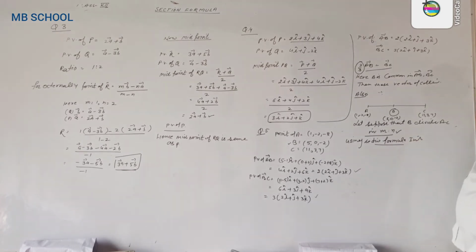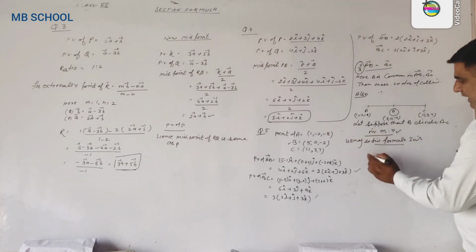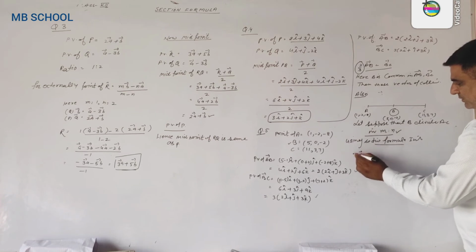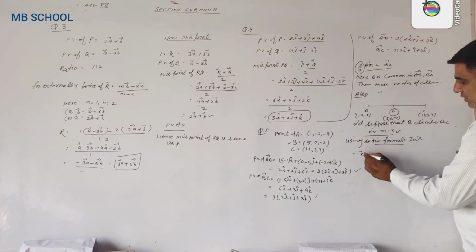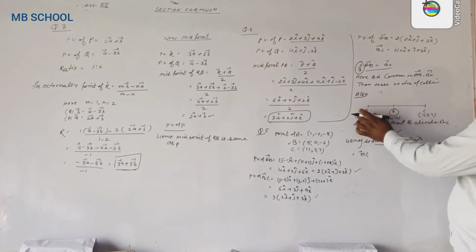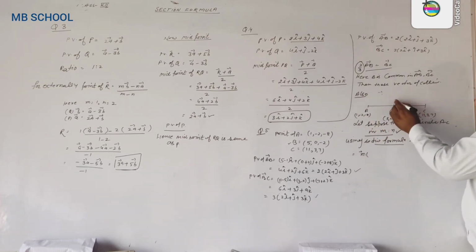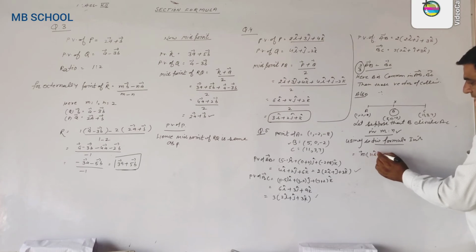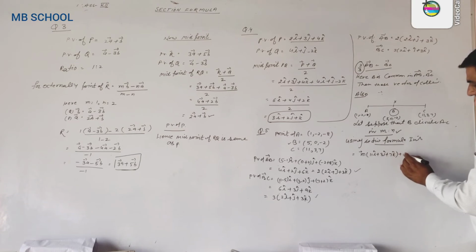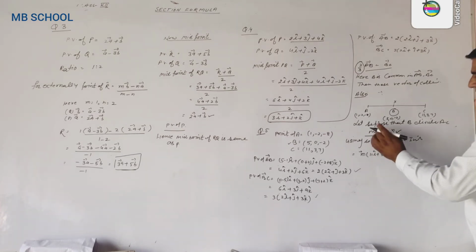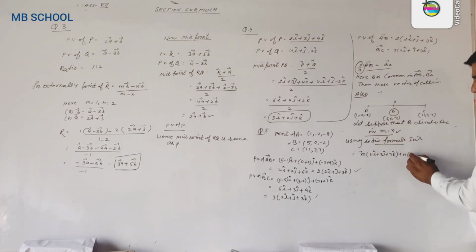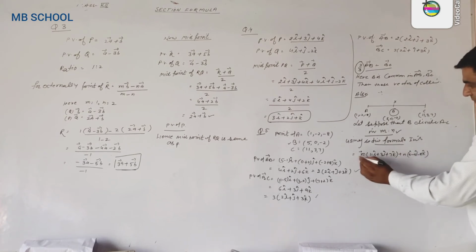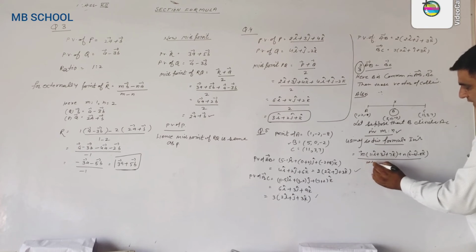For the section formula, internally we have divided this as m into B, n into A. Here this is vector A, this is vector C, not this B. This is the divide. So now, (11i + 3j + 7k + n times vector A), where vector A is i minus 2j minus 8k, all by m plus n.